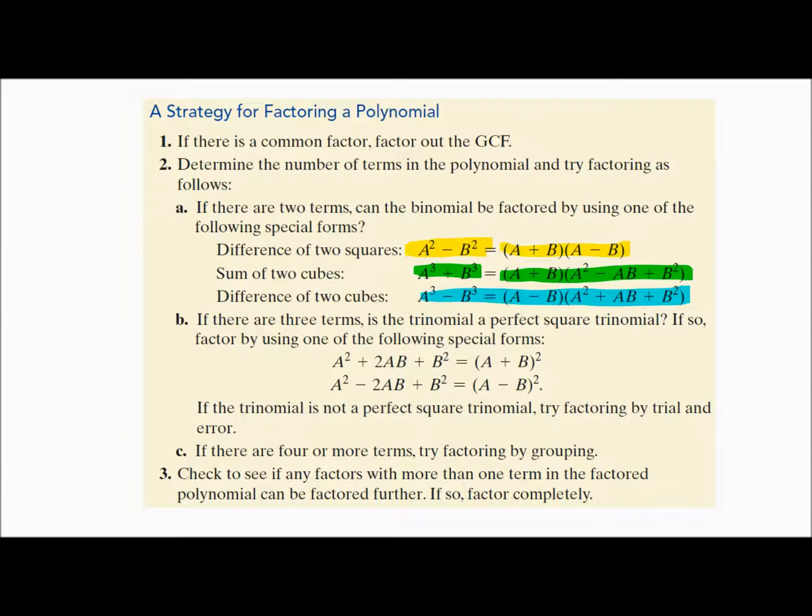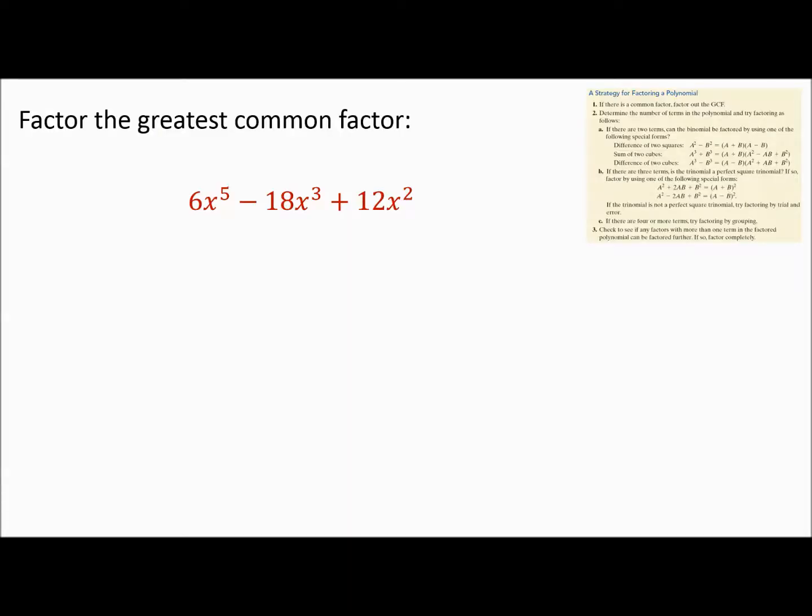Once you're finished factoring, check to make sure you're really finished factoring. Sometimes your factors can be factored again. So that's step 3. Check to see if any factors with more than one term in the factor polynomial can be factored further. And we'll take a look at some of those problems as well. So now what I'd like to do is just a bunch of these problems, probably about 18 problems, that we